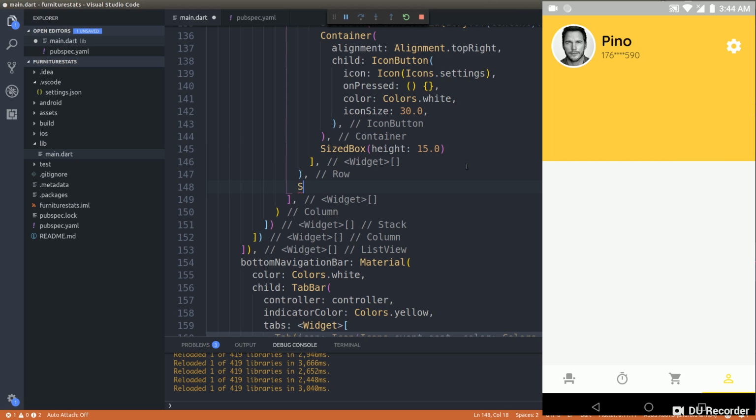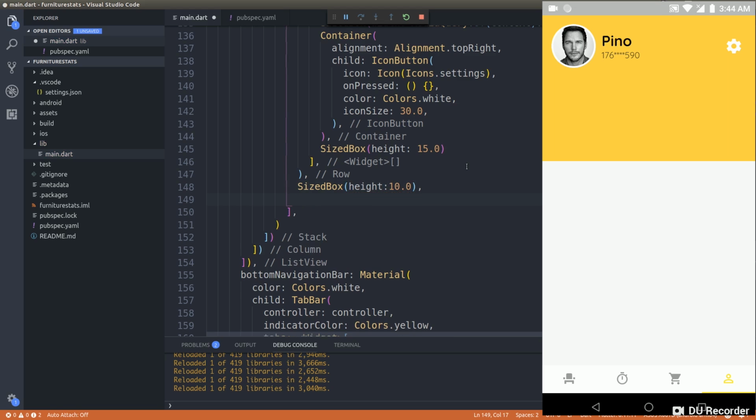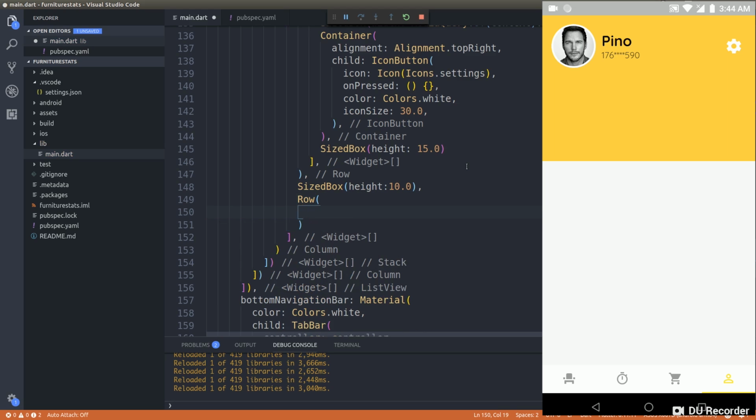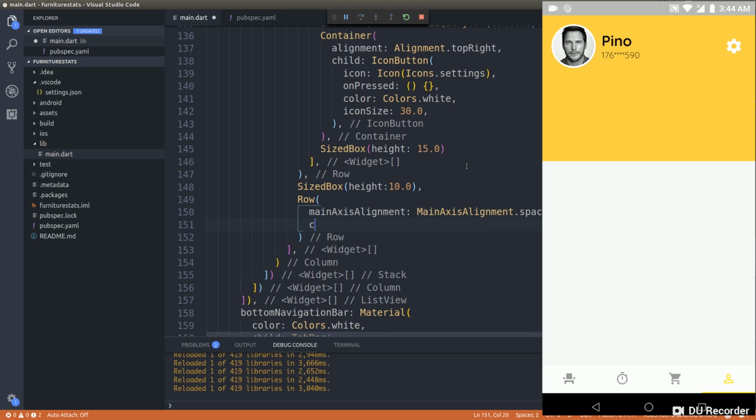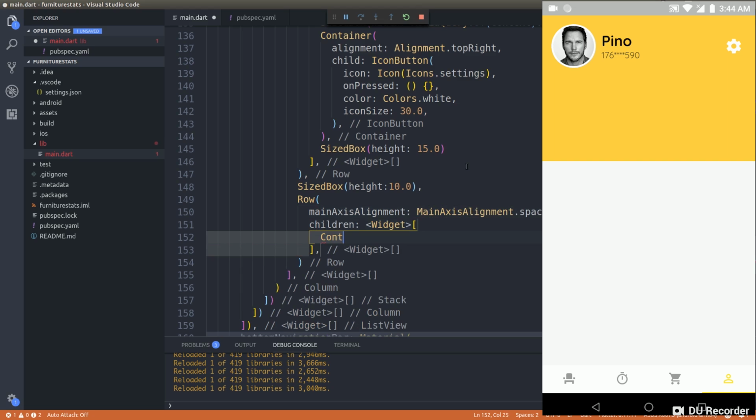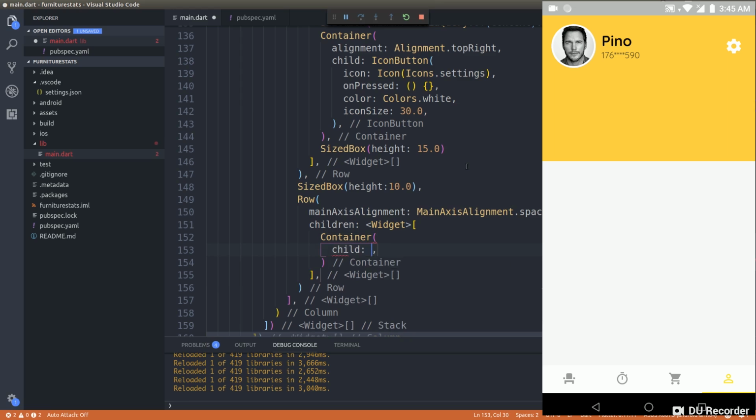and after this row, now I'm still inside that particular column, don't forget that. So here I'll give sized box height will be some 10.0, and row would be main axis alignment dot space evenly, fine. And children container, child column, children